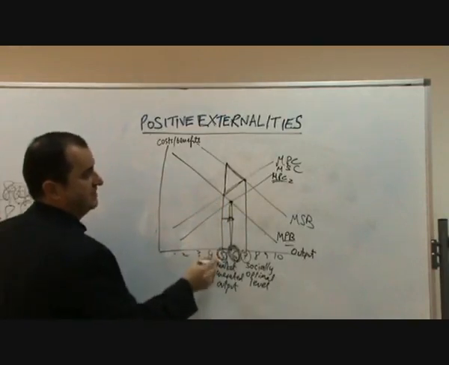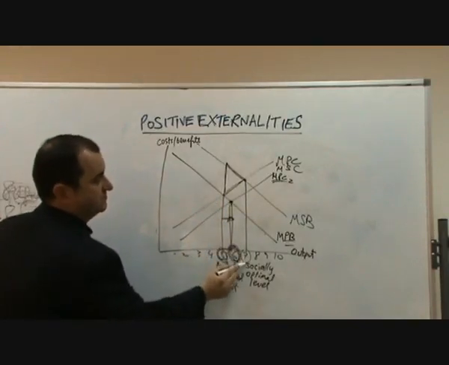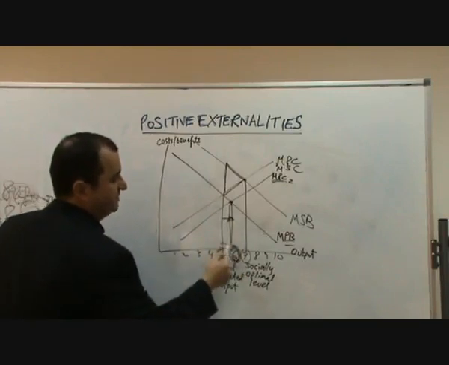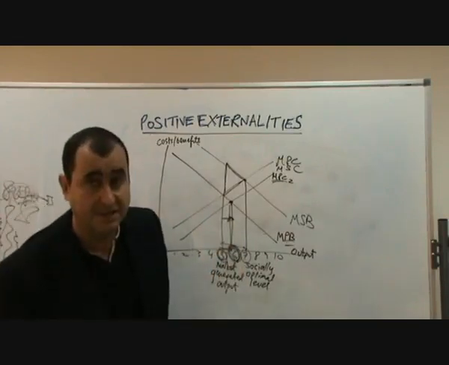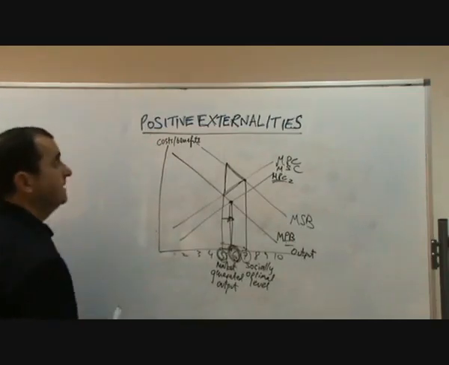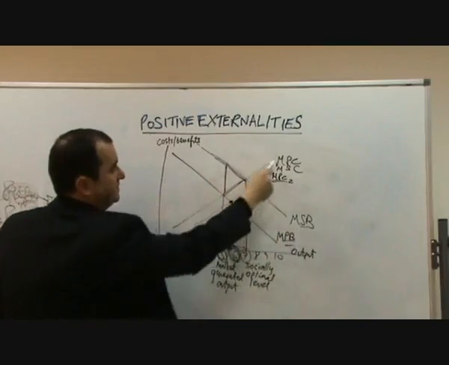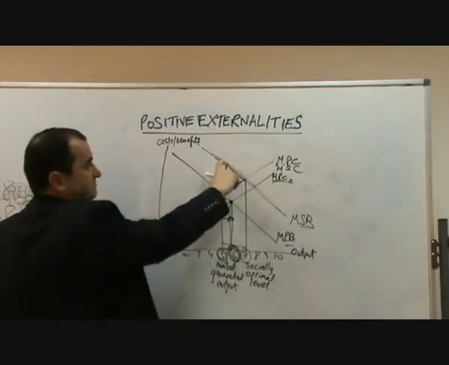Look, this was the market-generated level of output. This was the socially optimal level of output. And each one of the units between those two that wasn't being made, if we left it to market forces, would have brought in more social benefit than social cost. By this much